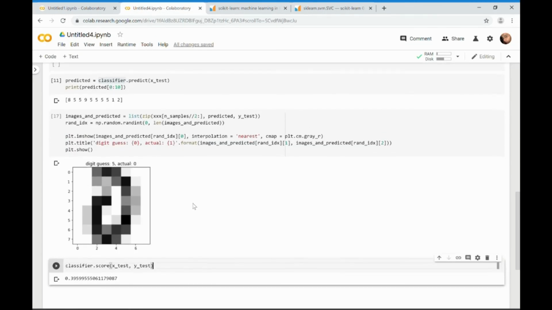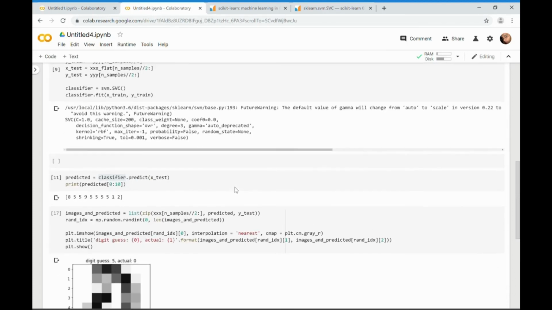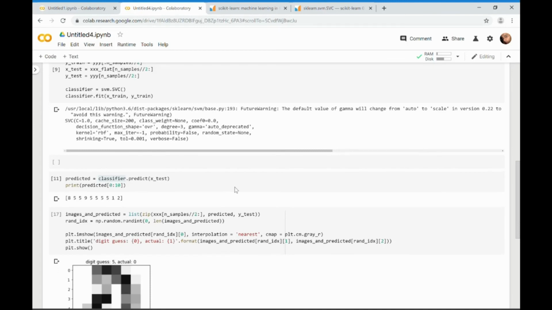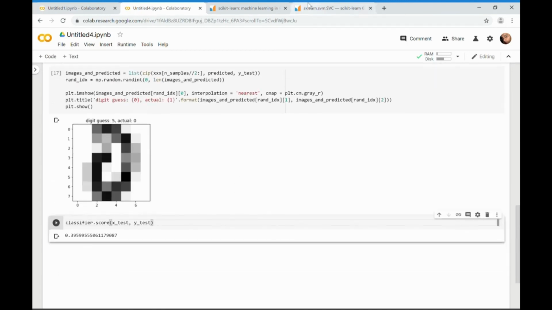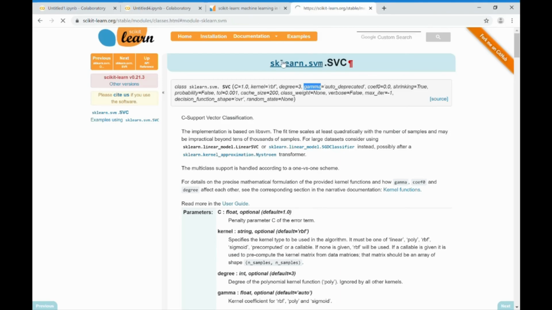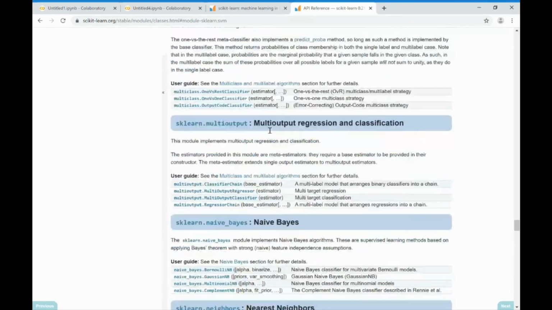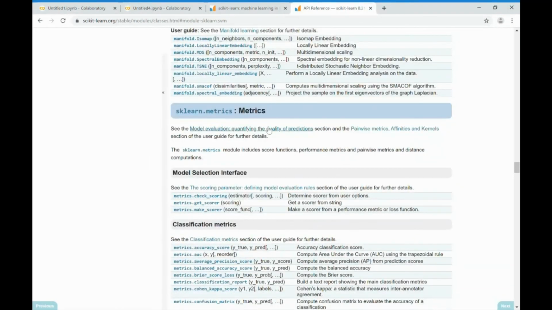But the point is, we very quickly made a classifier that predicts things with, you know, not great, 40% accuracy, but it took us hardly any time at all to make this. If we spent a day tweaking the parameters for this and running a proper train test split, we could easily predict this stuff. And what's really cool about sklearn, if we keep going backwards, actually we'll just do this, and